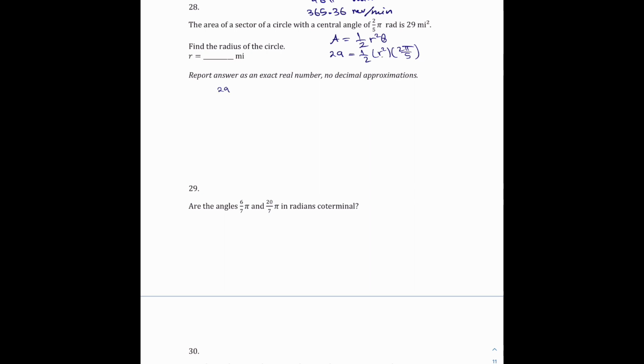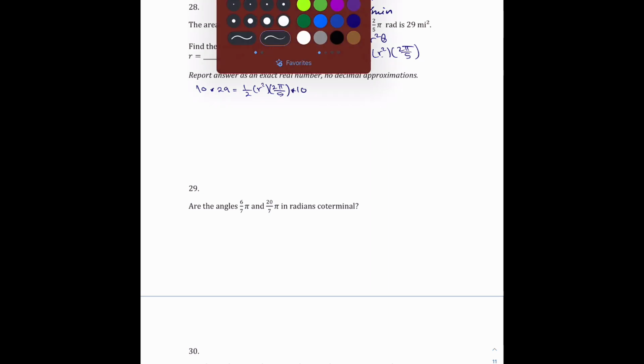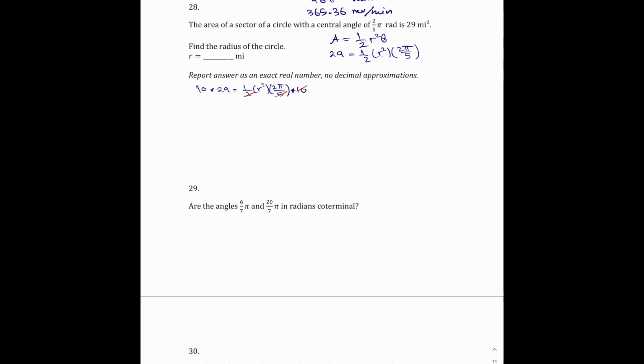So I have 29 equals 1/2 r squared times 2π/5. And now we're going to multiply everything by 10 because I have the 5 and 2 to get rid of. So the 10 is going to cancel with 5 and 2, and you will have 290 equals 2π r squared. We're going to divide both sides by 2π, and we get r squared equals